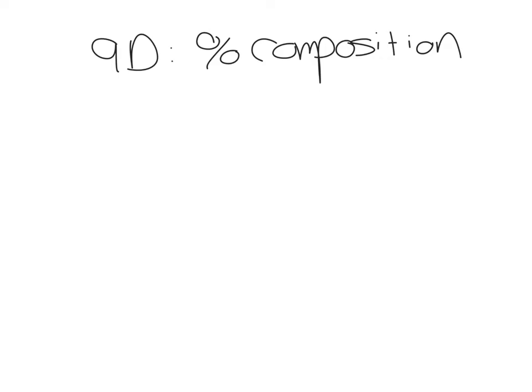Percent composition also has a formula on the back of your reference table. It's going to be using those molar masses. So again, if you're not sure how to do molar mass, there's a video 9A about how to calculate a gram formula mass. So the percent composition by mass formula is on the back of your reference table. And what it basically boils down to is percent equals the mass of the part over the mass of the whole